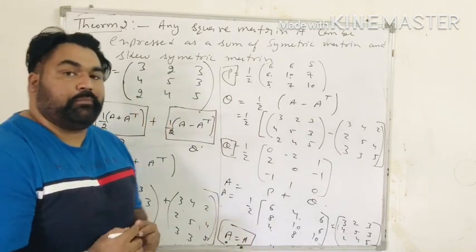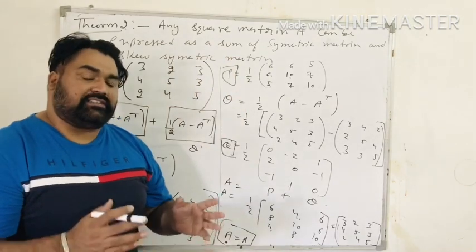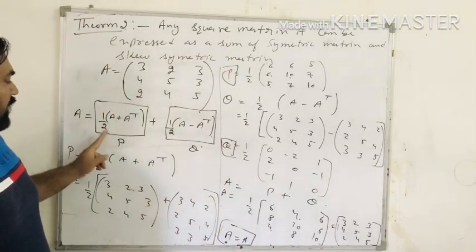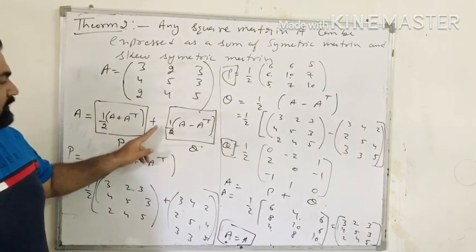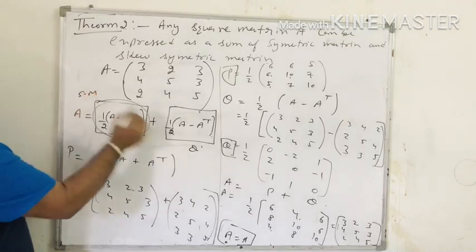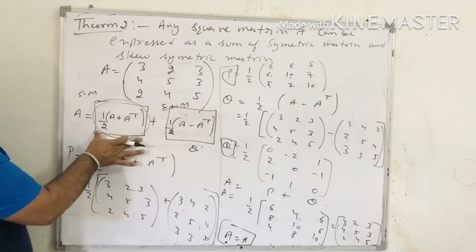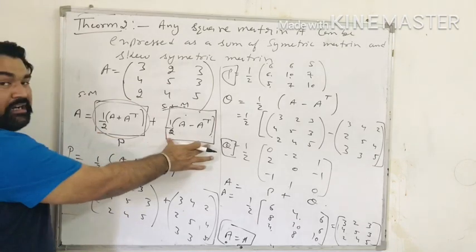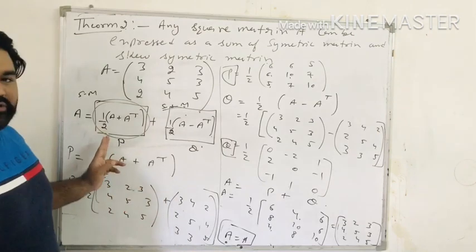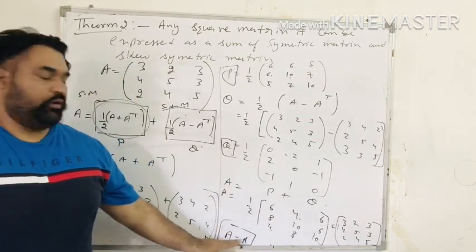This is the whole process of showing any square matrix can be expressed as the sum of a symmetric and a skew symmetric matrix. The formula is A equals half of A plus A transpose plus half of A minus A transpose. This is the symmetric part and this is the skew symmetric part. So we assume this part as P and this part Q. We find the value of P and Q and add both the values of P and Q. The final answer becomes A. So A equals